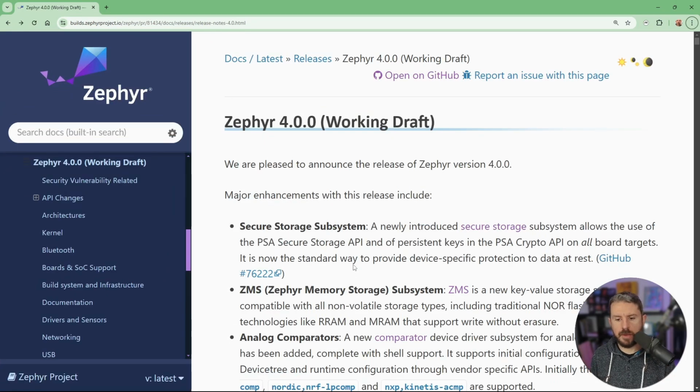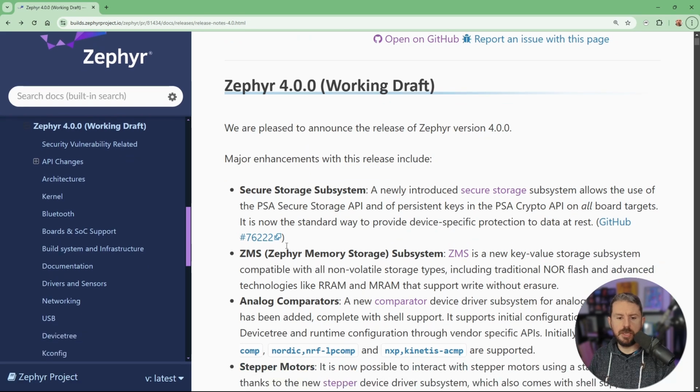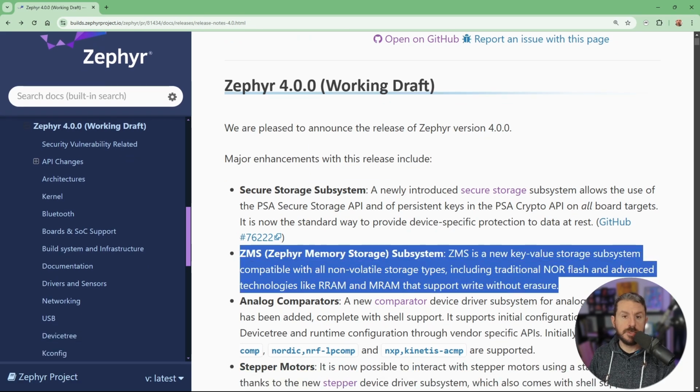Moving on, I don't think I have a demo, but I will show you the documentation for this one, because it's also really thorough and a good starting point to understand whether you should care about ZMS, the new Zephyr Memory Storage subsystem. Essentially, it's a successor, if you will, or a continuation of NVS, the non-volatile storage subsystem. Essentially it's a way and an API to store and retrieve key values on a file system,